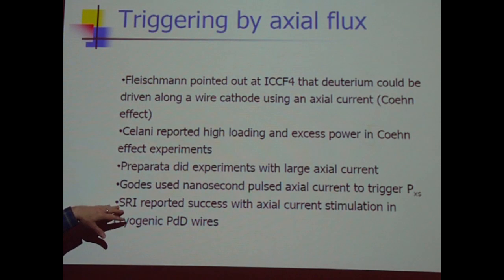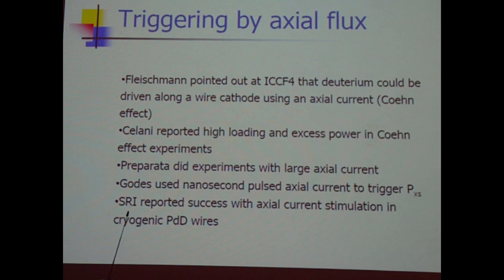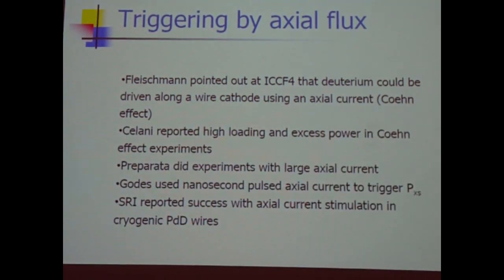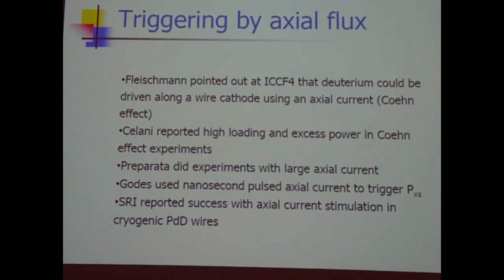And in the last couple of years, SRI has presented experiments where they loaded palladium deuteride cathodes, wires, took them into a cryogenic tank, and used an axial flux to stimulate an excess heat event, and saw energy gains of 50%, a factor of 2 or so. So what this is suggesting is that this axial flux business, which we're now conjecturing makes the optical phonon mode vibrations we see from the LETS experiment, has a chance of